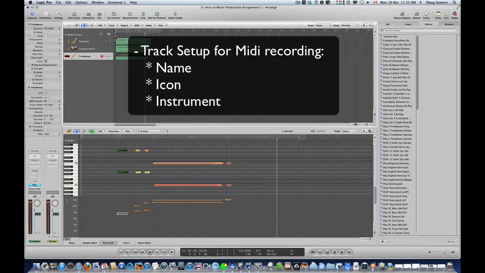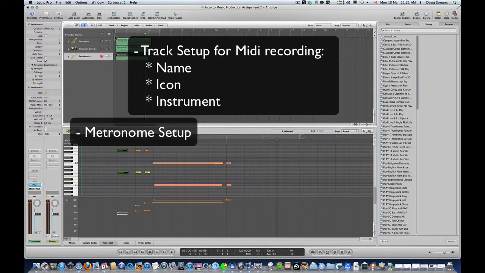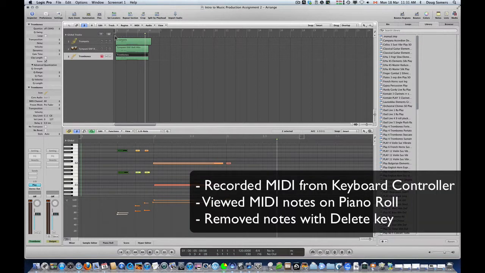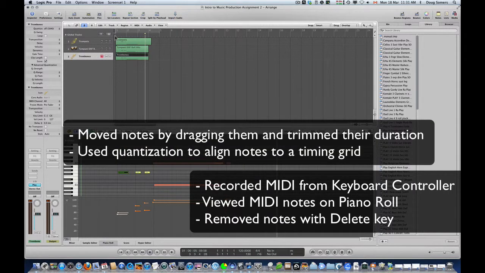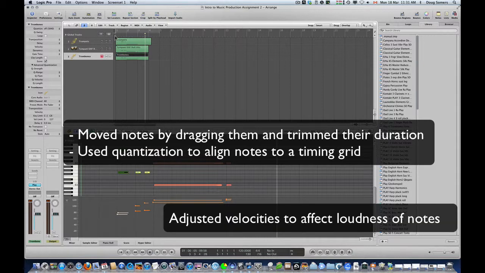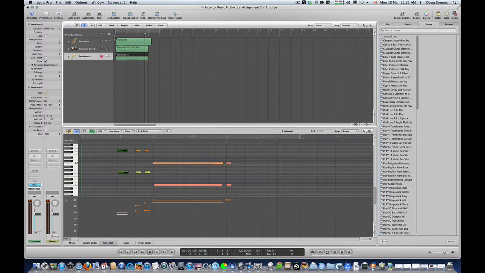Okay, so we've done track setup. We've set up the recording with respect to the metronome. We have recorded the MIDI, seen how it looks on the piano roll. We've done some adjustments by taking out notes we don't want. We've moved notes around to set the timing better. We've used quantization, and we've also adjusted velocities in the editing. All very slick, and we end up with something which is a lot closer to what we want,